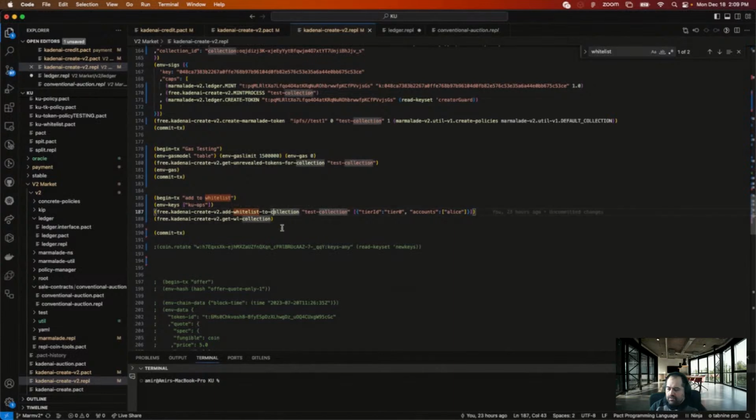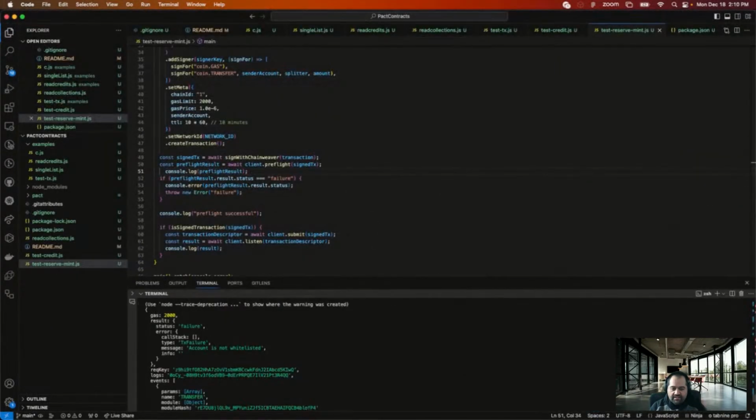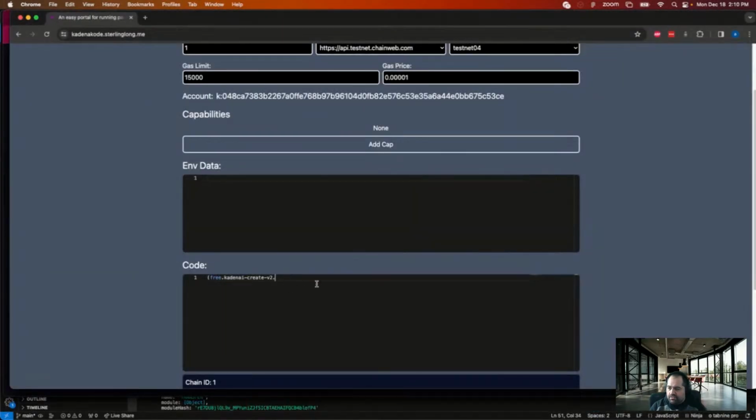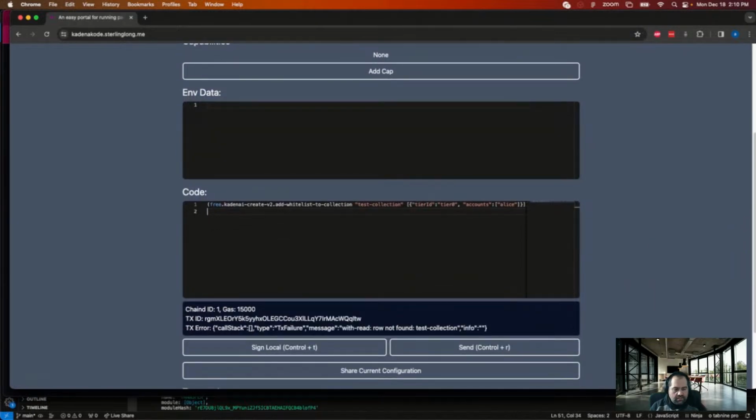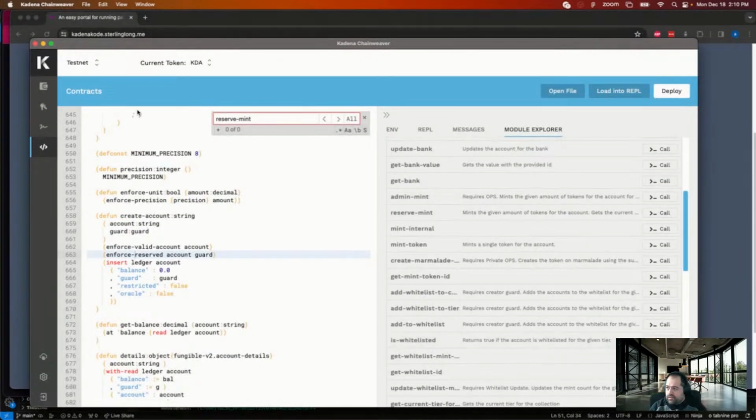So that's got to be the signer. Oh boy, that looks fun. That's okay. Back to browser. So that's perfect. If this works, actually, that makes my life easy.